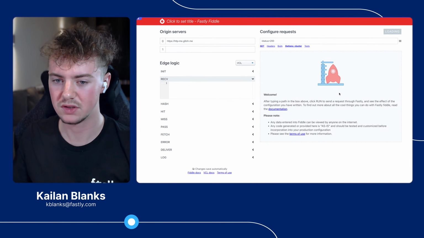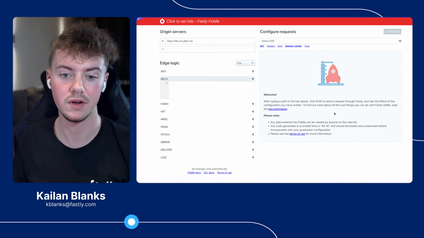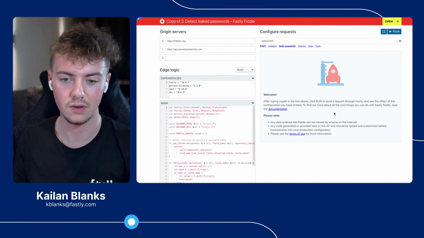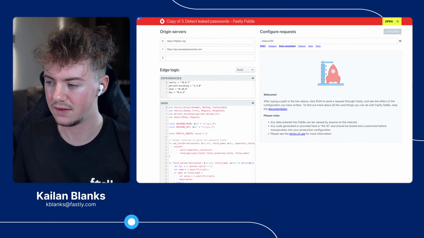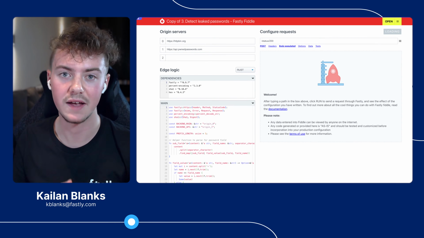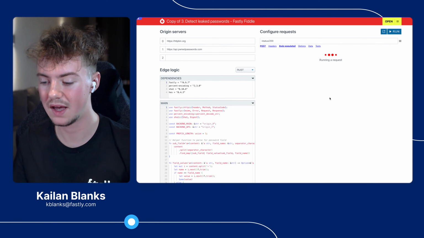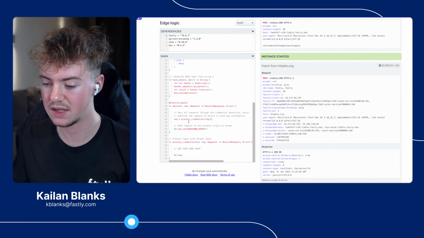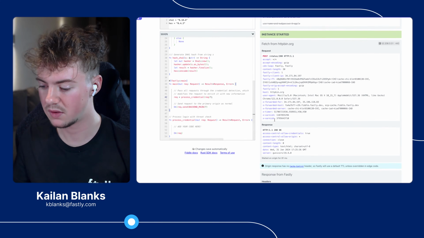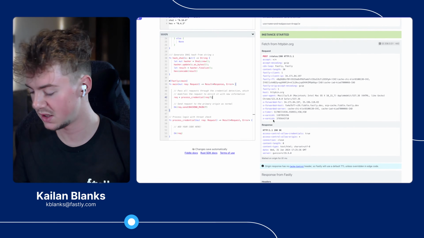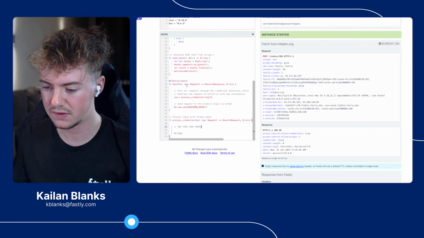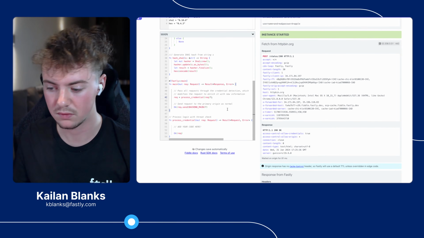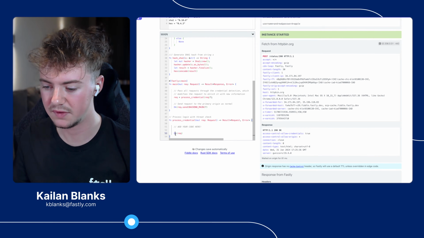Well, cloning it is really straightforward, and it leaves you with your very own copy of the fiddle to do whatever you like with. So now this is fully editable. I can go ahead and run it, and it's not going to do much apart from pass the request onto the origin, because we haven't actually called any logic yet. But it's going to be pretty quick for us to go ahead and write some logic, because we've got some helper methods here. So you'll see for each request we call process credential, but nothing actually happens here apart from